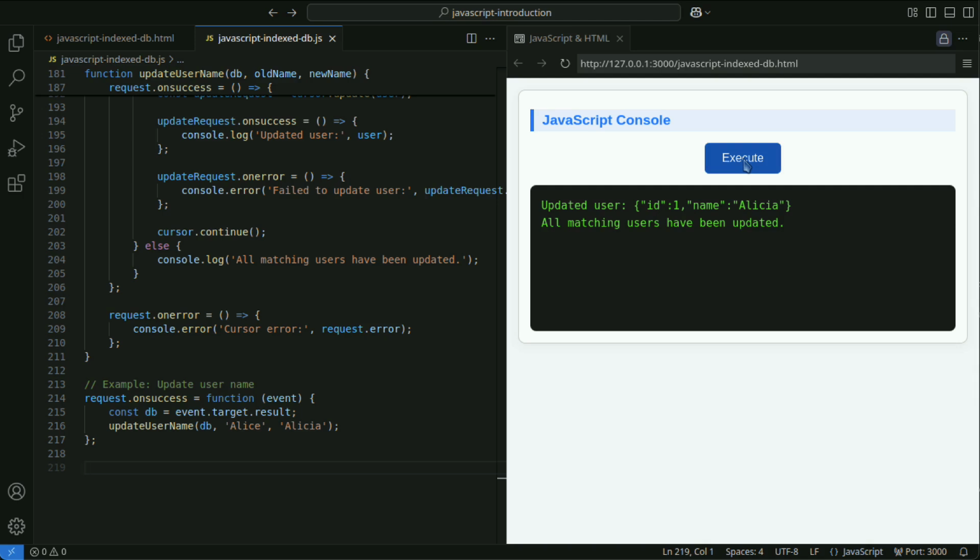By calling cursor.continue, you can move the cursor to the next matching record. This allows you to process multiple records that match the same key or condition in sequence. By outputting logs in onerror, when a process fails, it becomes easier to investigate causes and troubleshoot during operation.